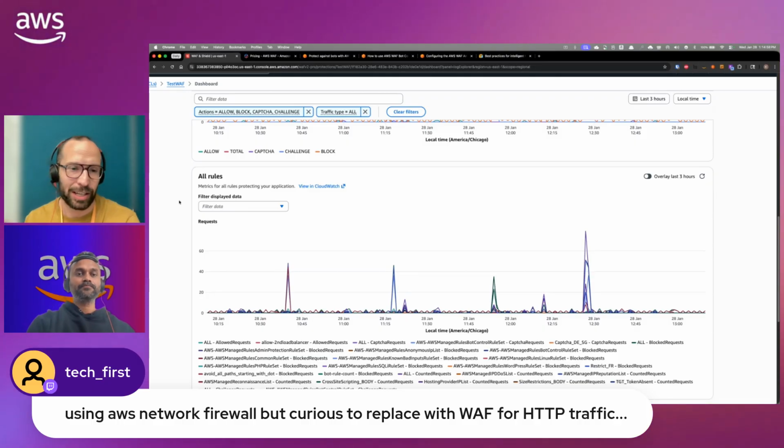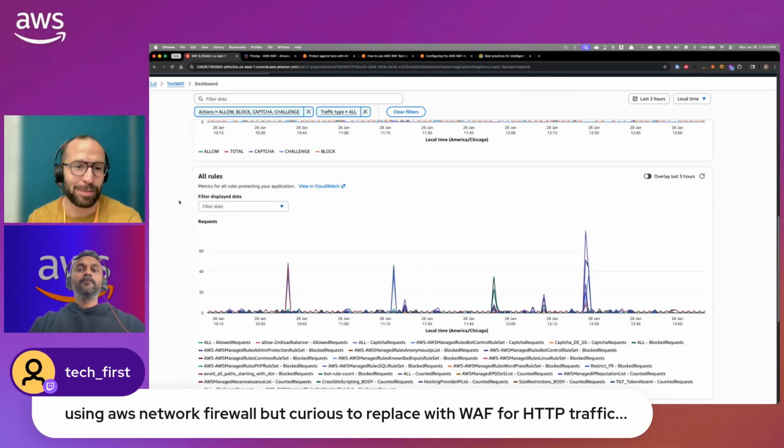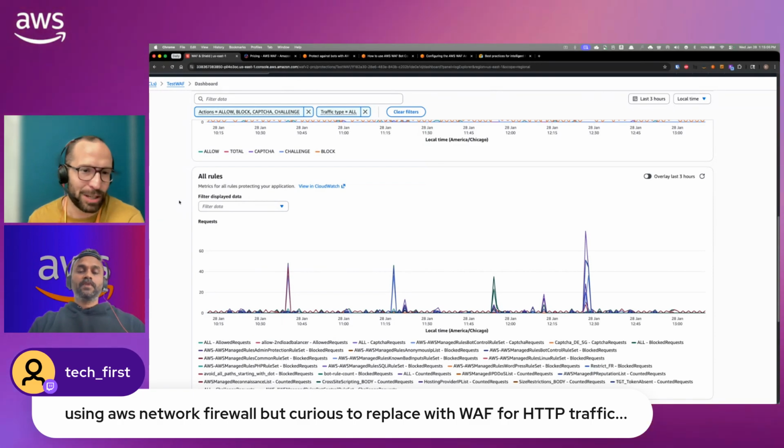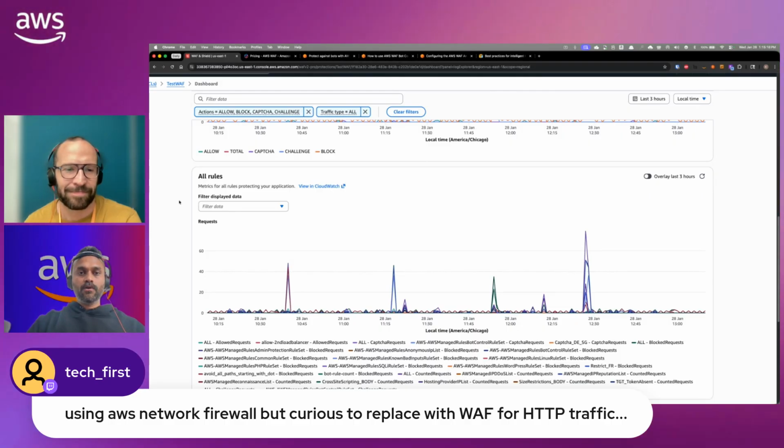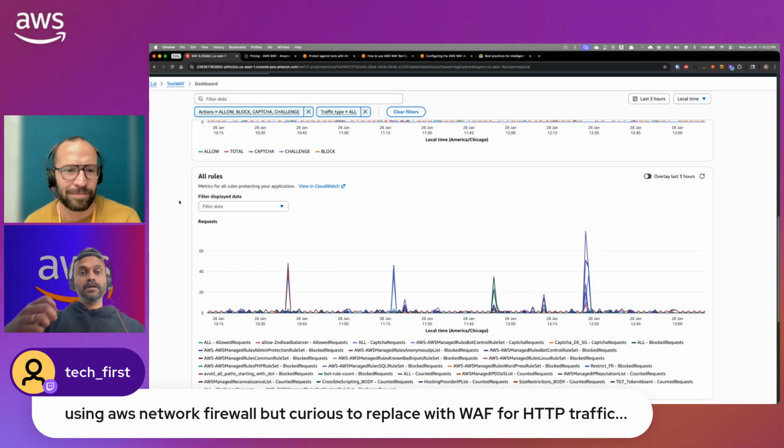You're saying layer 7 because it's the majority, but you can do layer 3 rules, right? I can have an IP list on WAF and just block IP addresses if that's what I want to do. Yes, you can have an IP list, you can create a rule, configure the IP list and then add a lot of IP addresses that you want to block, and then add it in your rules, and then it will block. And also, we do have some knowledge or intelligence on bad IP traffic.